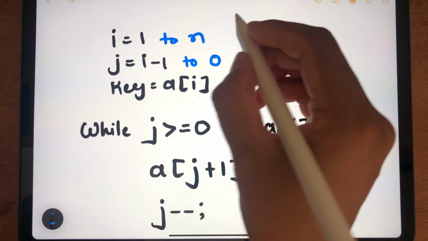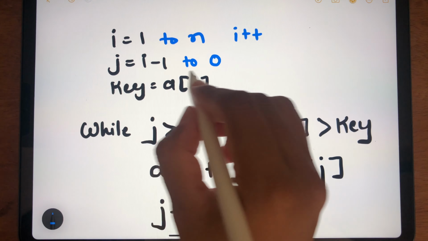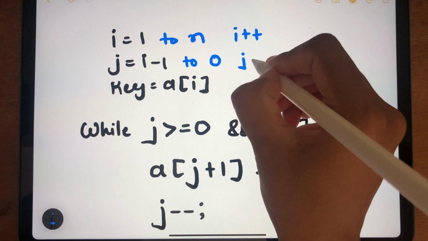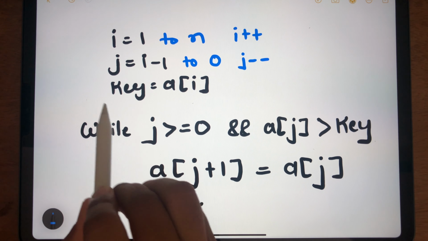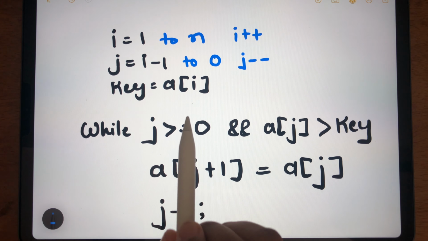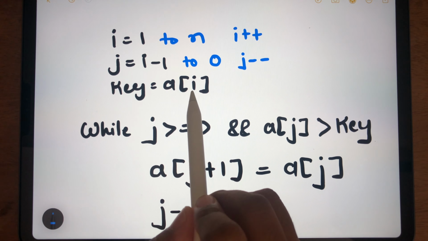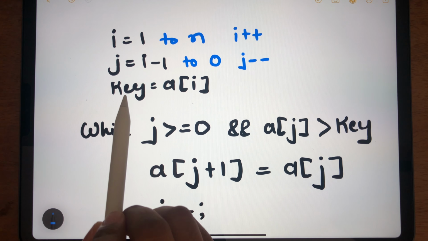So the value of i would be incrementing over every loop, while the value of j would be decreasing. The value of key would be a of i, so the value of the array at index i is directly given to the variable key.